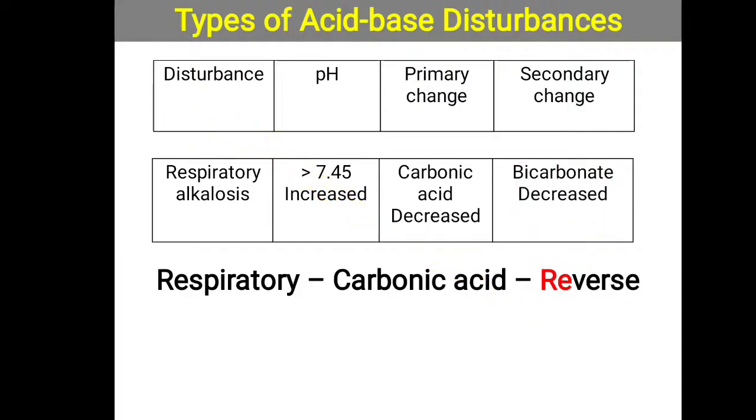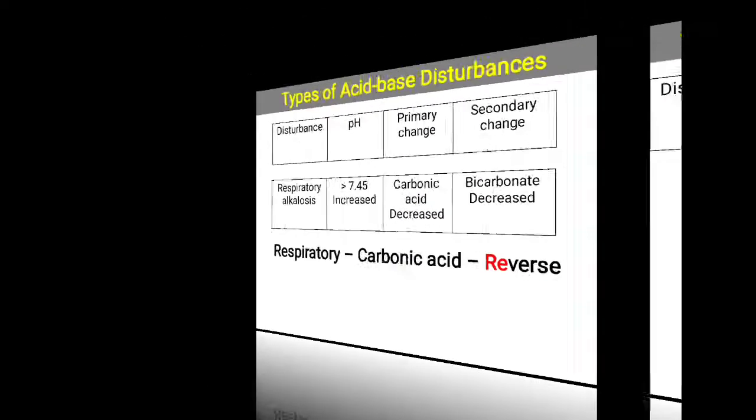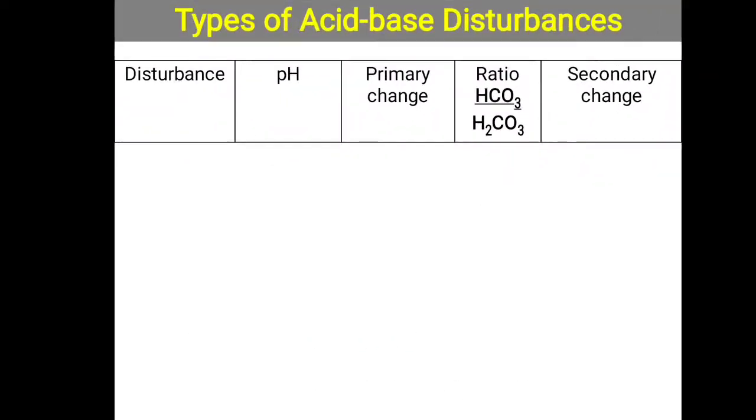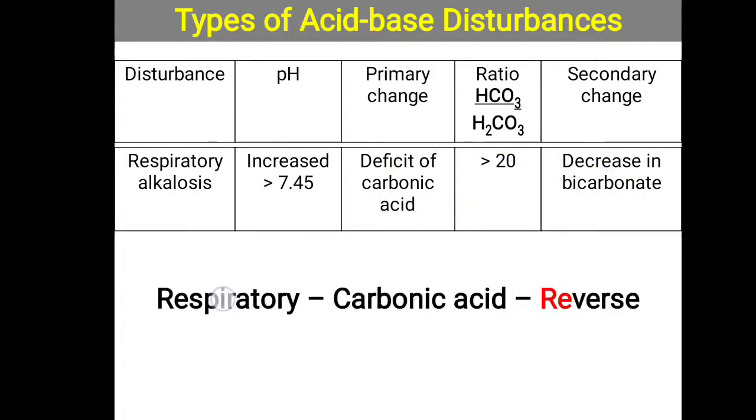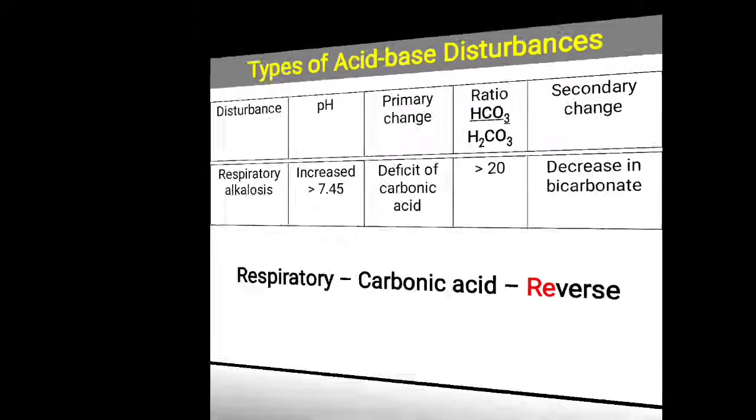So the secondary change is always in the same direction as the primary change. With carbonic acid decreasing, the secondary change in bicarbonate is also a decrease. So that simple trick: going in the opposite direction compared to the pH, then it is always a respiratory condition. pH is increasing, the primary change is decreasing, reverse direction, indicating respiratory alkalosis. pH always increases in alkalosis, and this ratio always decreases in acidosis, as you already know from the Henderson-Hasselbalch equation. The secondary change is in the same direction as the primary change. So for respiratory, remember the mnemonic RC and a reverse direction.